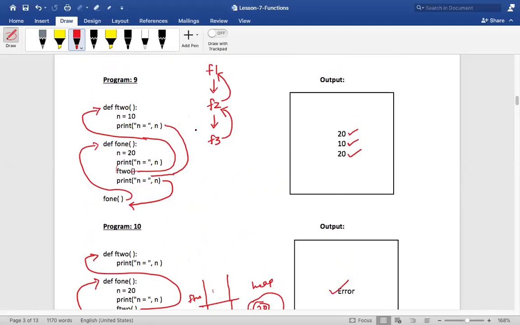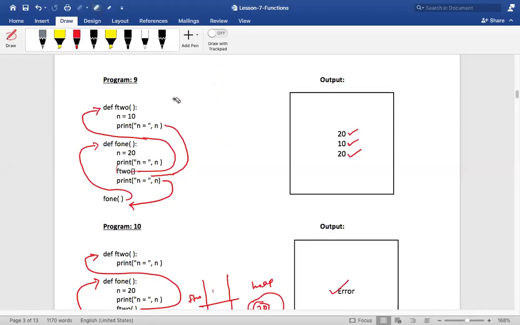Chinmayashree, quickly. Did you see program 9? Sir, I'm trying to understand, but in the middle of the process I am getting confused, and I'm unable to express my doubt also. Okay, don't worry.